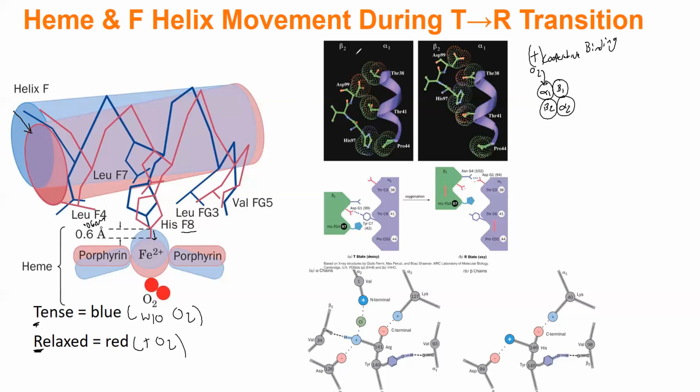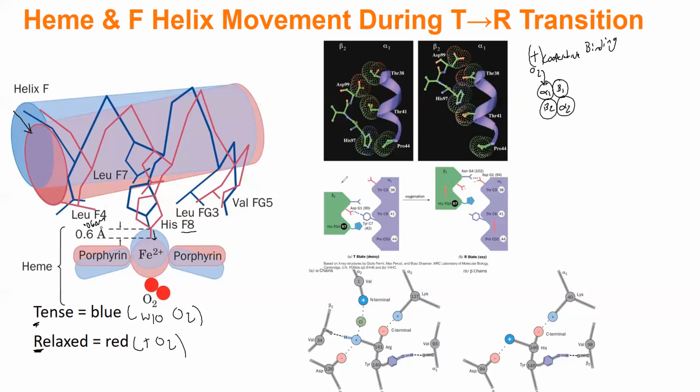So remember I said that it's made out of 4 subunits. So let's say one oxygen binds an alpha 1. How do the other 3 subunits know to bind oxygen now? Or why do they want to bind oxygen even more? Well, this shift happens in the F helix, and this shift causes some changes where the alpha and beta subunits